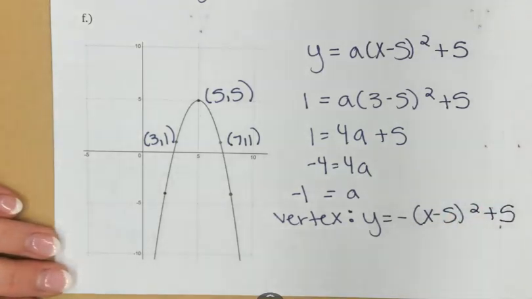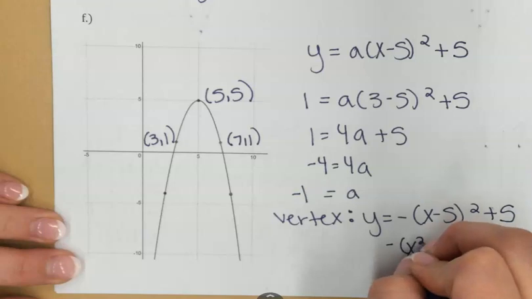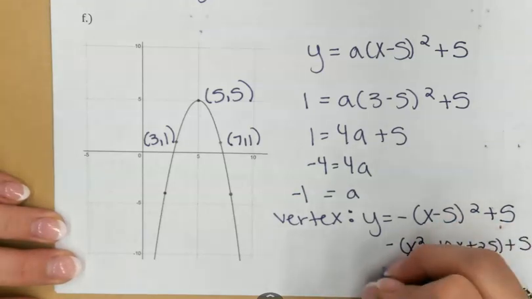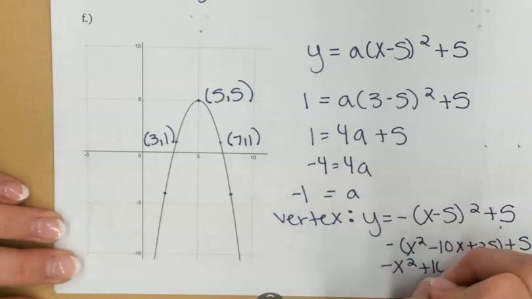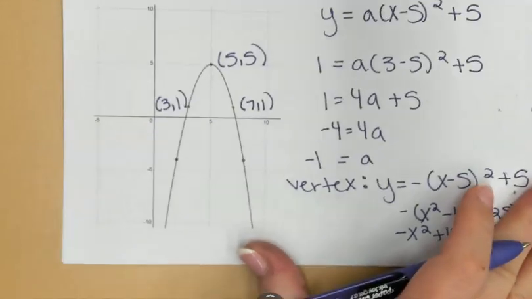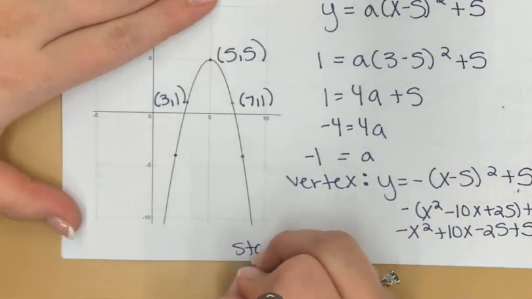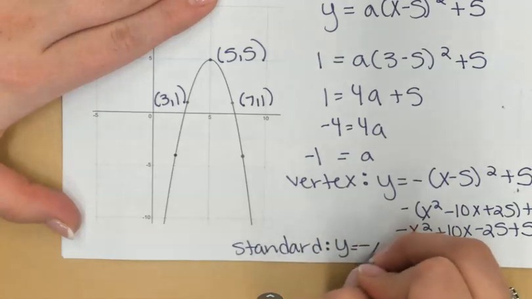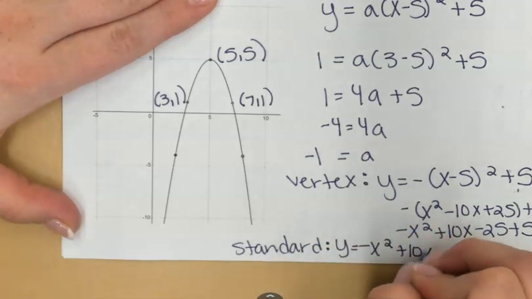To get that into standard form, just break it on out like we've been doing. Distribute your negative. And so the standard form for this one is negative x squared plus 10x minus